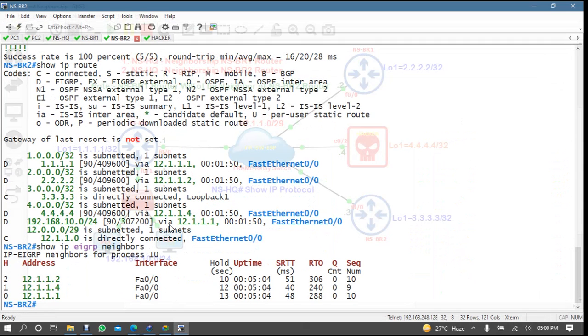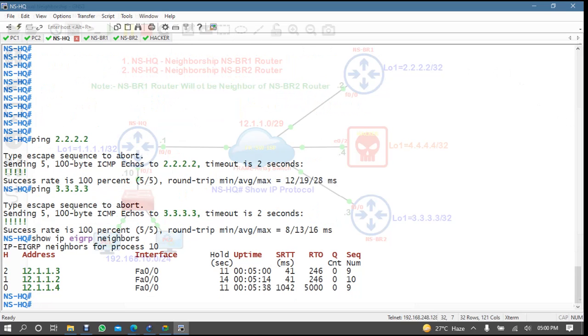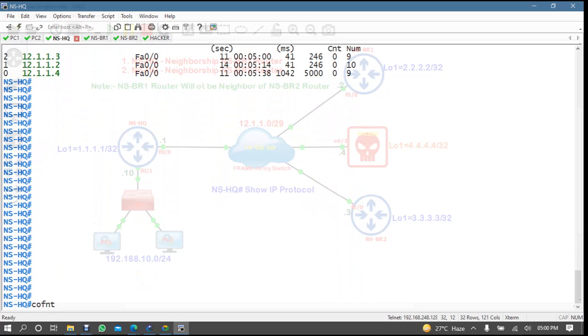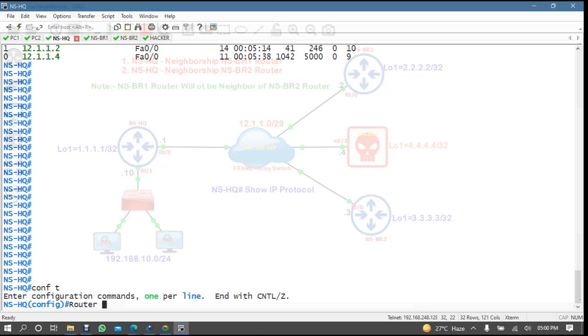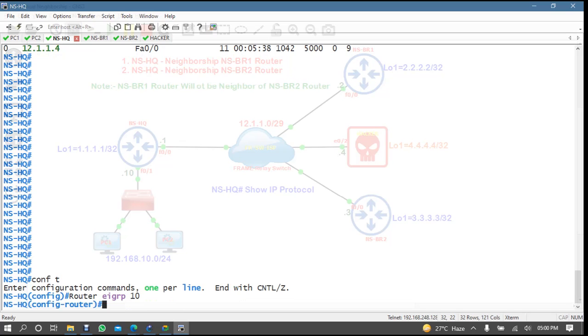So for that, we can simply come to our routers and reconfigure. conf t, no router EIGRP.